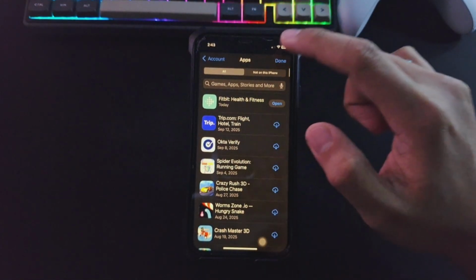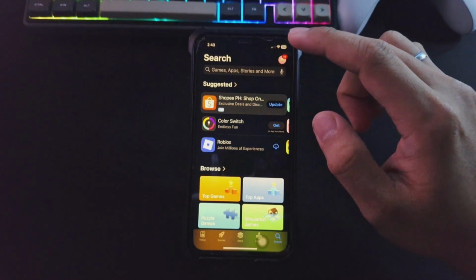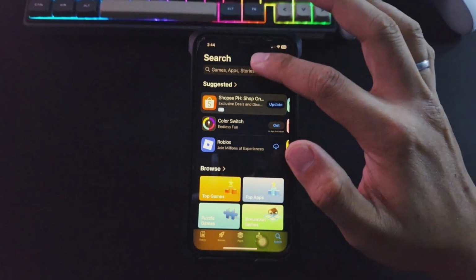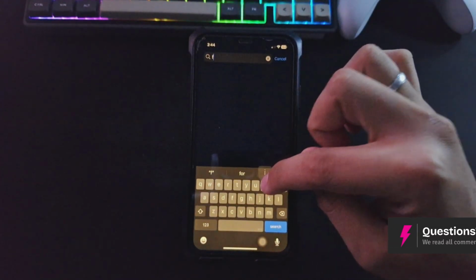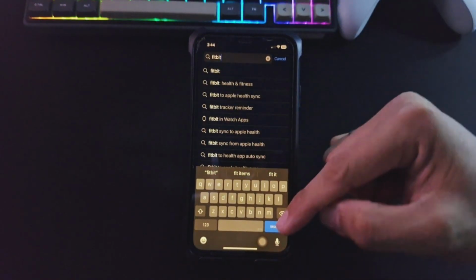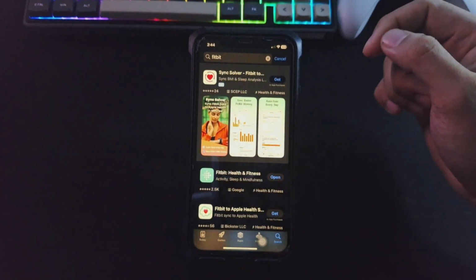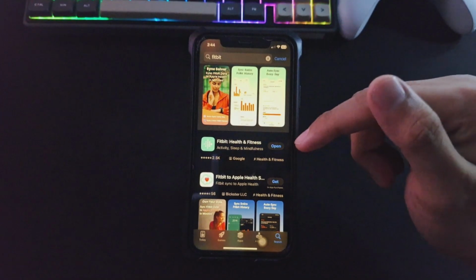Another option is by manually locating the app from here in the App Store. Just go to the top and we have the search bar. Tap on it and just go ahead and type down Fitbit. All right, hit on search. There you go. Again, if there's an available update button, just tap on it, and once done,